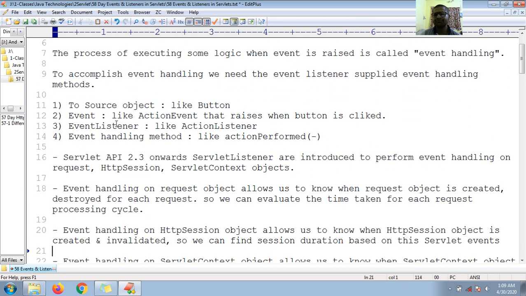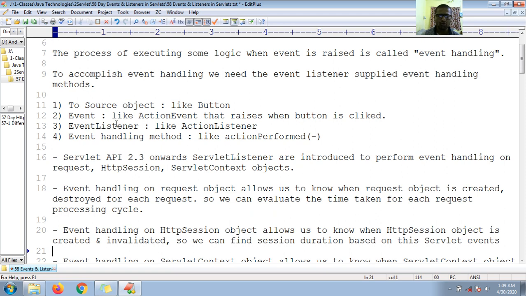From which version onwards have servlet listeners been available? Now the doubt might have been raised in your mind: why are we talking about events in servlets? Because I want to track things. There might be a need to track when the request has reached my servlet, when the response has been sent to the browser, when a session started, when a session has been stopped, or when the servlet context or the web application has been reloaded, restarted or stopped. At that time I need to take the help of those listeners.